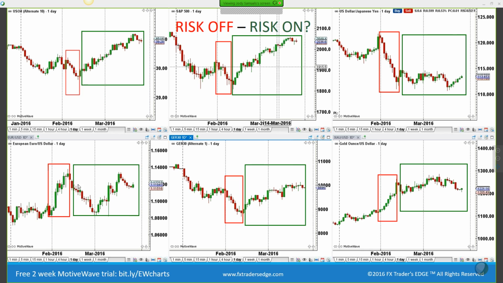So that's why the euro stopped dead in its tracks down here at the 108 level and continued to move to test the higher bound,